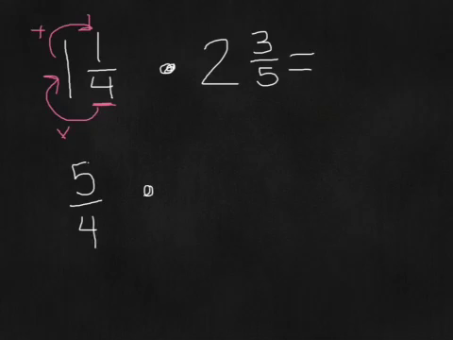And I need to multiply that times this 2 3/5 written as an improper fraction, which is 5 times 2, just like we did over there on that first part,